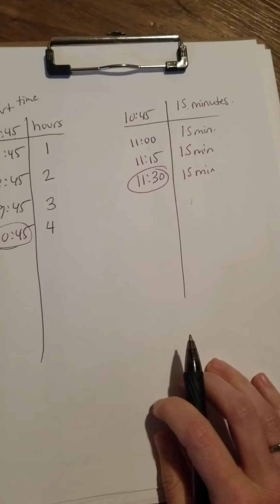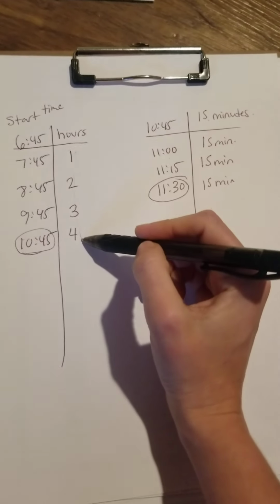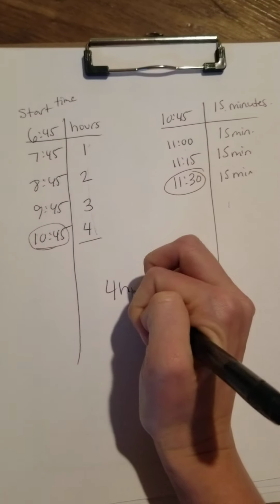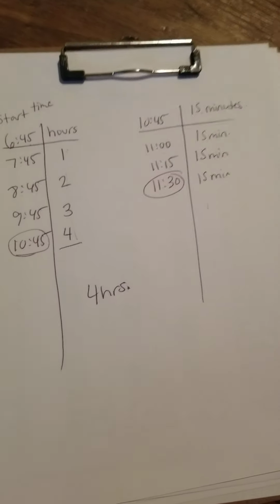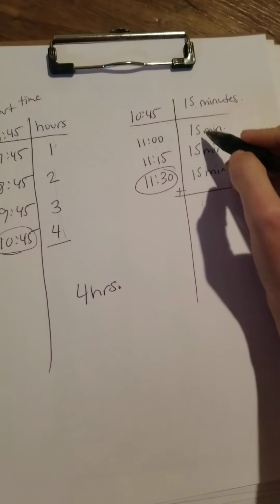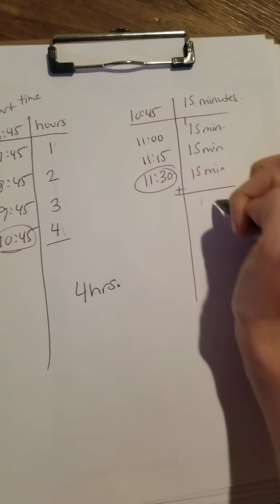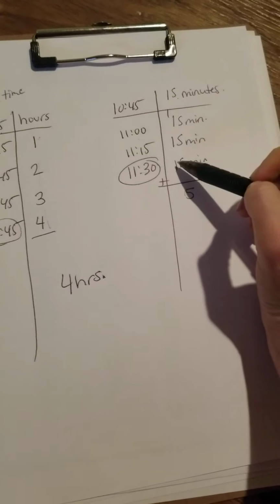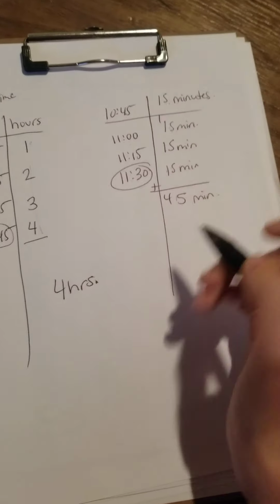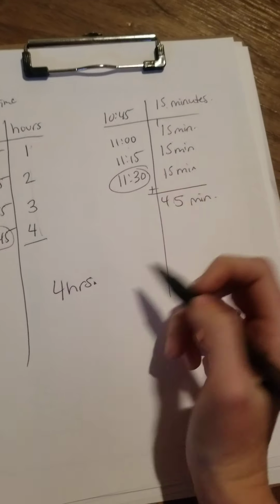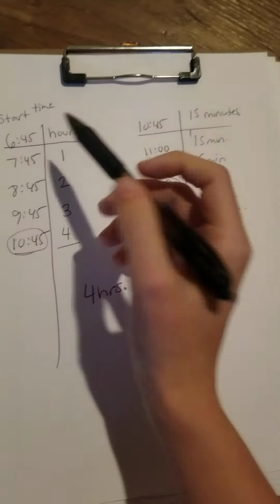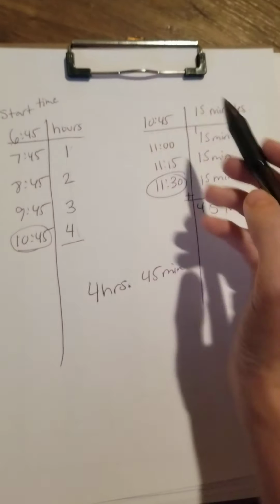So first things first, I'm going to look at the hours and see how many hours had passed. We had 4 hours. Then I'm going to calculate the minutes. So what I'm going to do is add up the minutes. So 3 sets of 15 give me 45 minutes: 1, 2, 3, 4, 45 minutes. So in all, 4 hours and 45 minutes have passed from the start time, which was 6:45, to the end